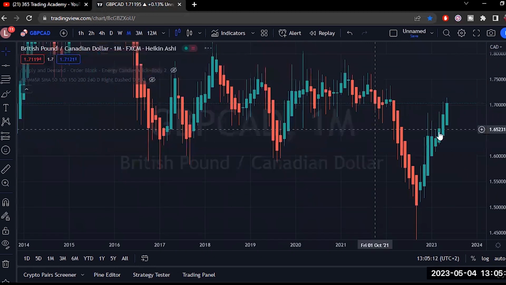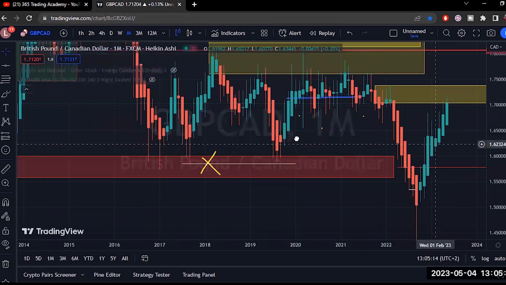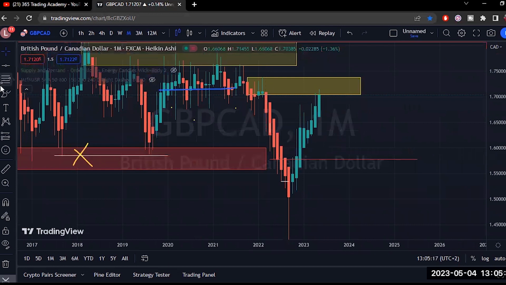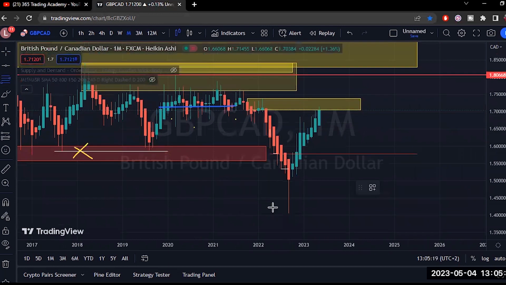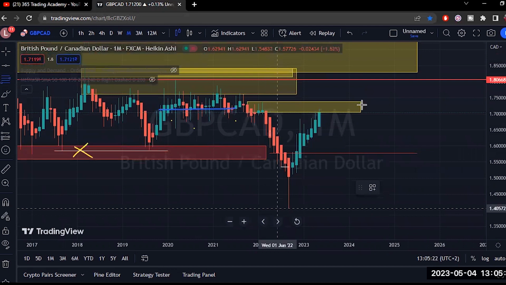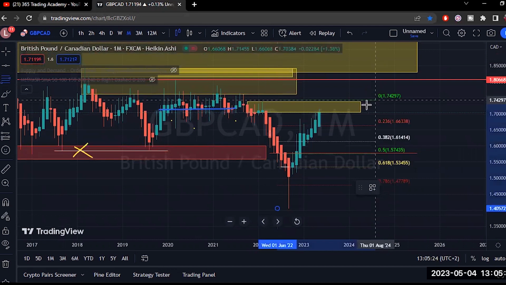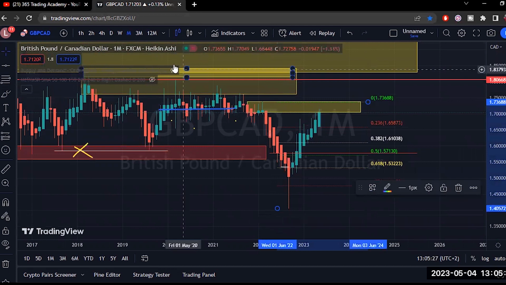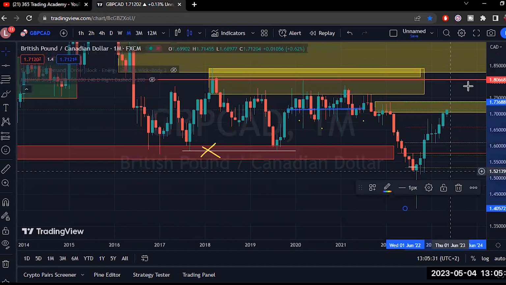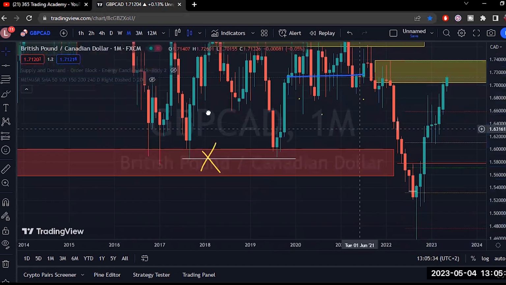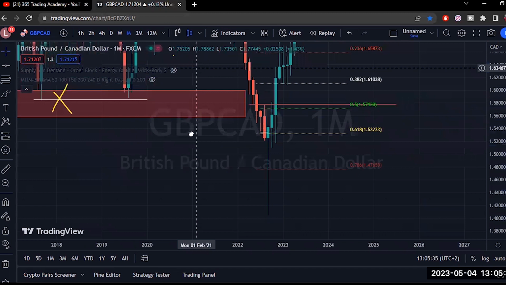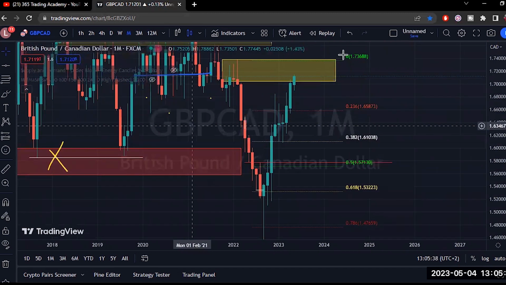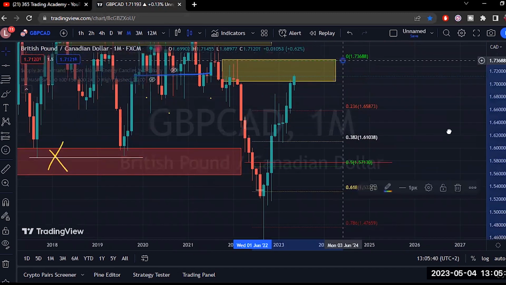This is interesting. You see here where there were a lot of wicks and a lot of rejections earlier on, right? You would want to draw a Fibonacci and see what price looks like there. But unfortunately, right now, we don't have a swing low, right? And we're in the month of May. So let's look carefully now and let's think logically about what's in front of us. Today is the 4th of May and I'm making this video. Look at how big and bold and strong this candlestick is on the month of May. Where does my Fibonacci start, right?